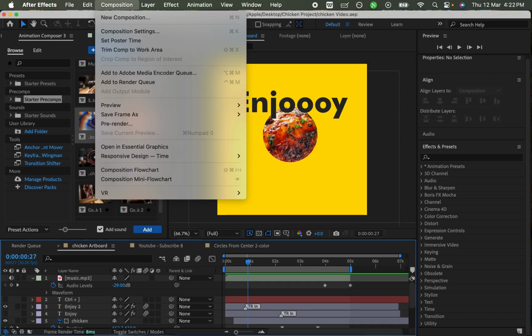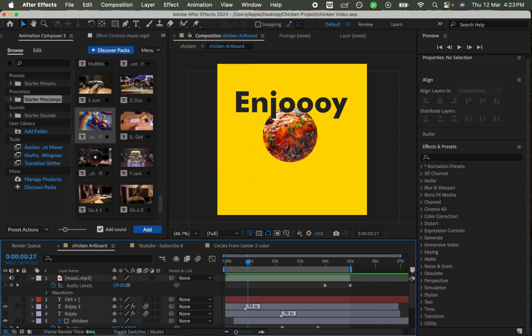So you go to Composition, and then you go to Add to Media Encoder. Ensure that if you are using After Effects 2024 for your animation, you have 2024 Media Encoder installed. You get it? 2024 Media Encoder installed,